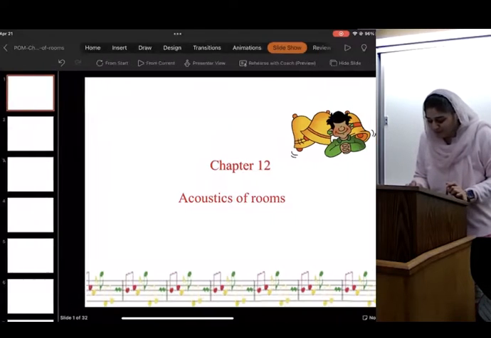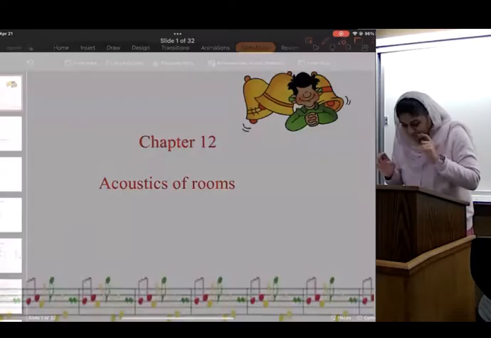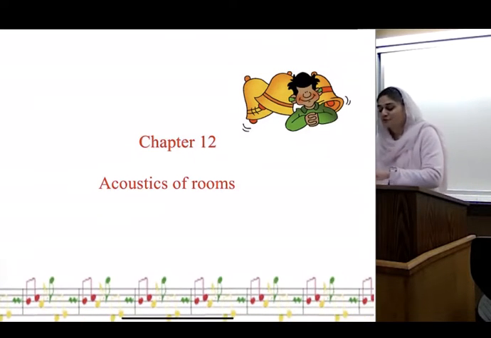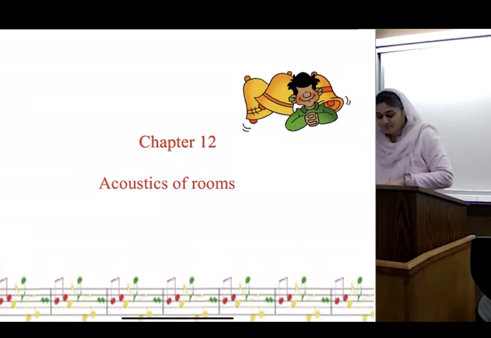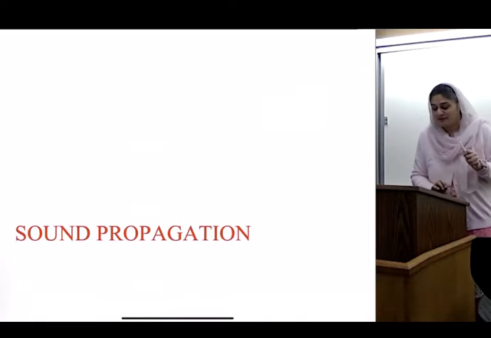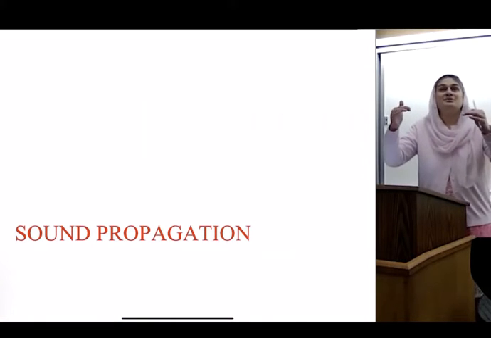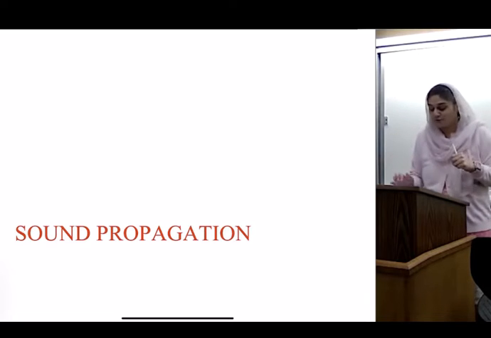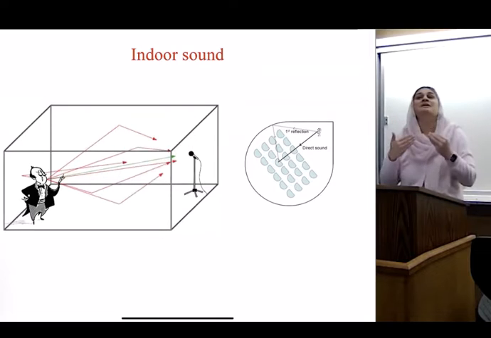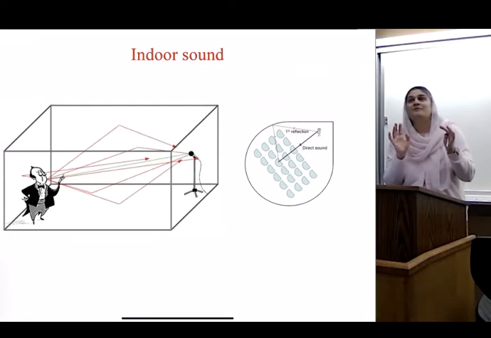So chapter 12 is about acoustics of rooms. So what do you have to do in order to make a room sound good? Let's start this explanation. The first one is we have to worry about how sound propagates when it goes through different parts of the room. So when sound leaves me and starts traveling towards you,